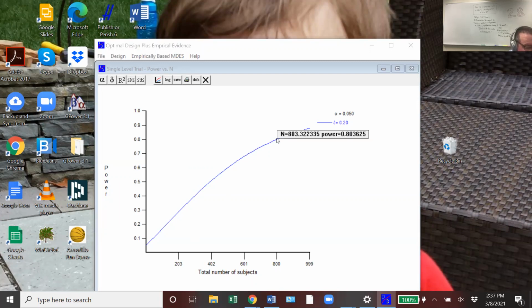Anyway, now we're up to 800. You can see the N here. Okay, so that gives you the same thing that you had before. What I wanted to do with optimal design is show you how much more power you get when you've got